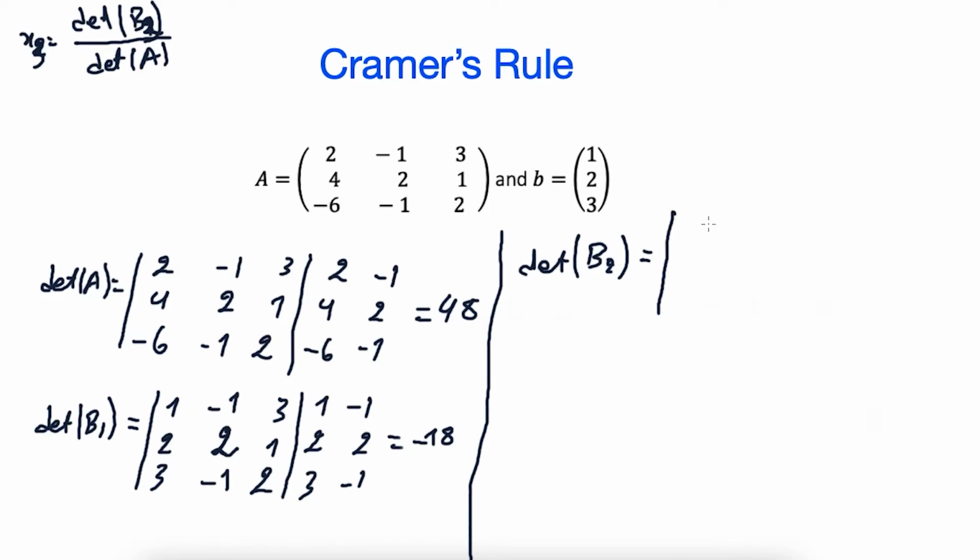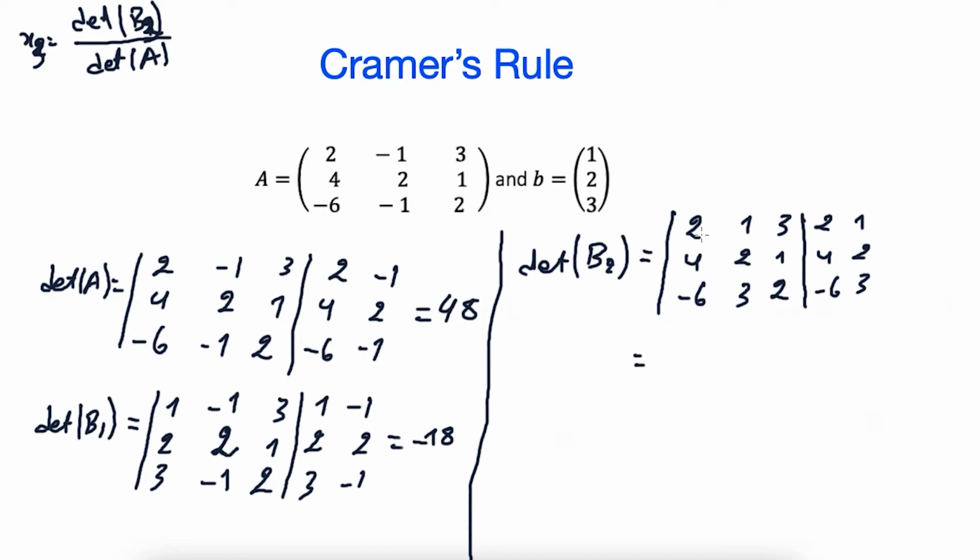We will write this column, so 2 4 minus 6, but we will replace the second column here by this column vector, so it will be 1 2 and 3, and here 3 1 2. We just change the second column here by this column here, so we will put these two columns here, 2 4 minus 6 and 1 2 3,